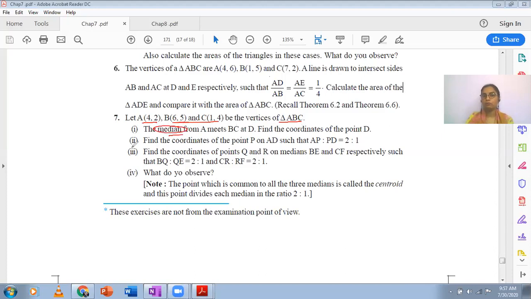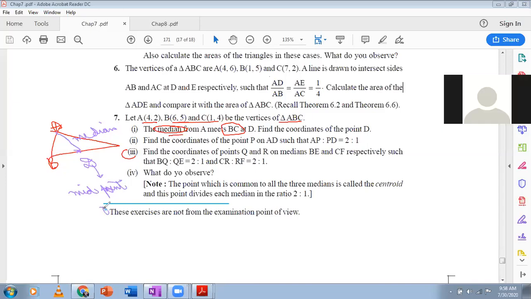Now, what is the property of median? If we draw a median from point A onto BC, what will be the relation? Let us say you have a triangle. Let's just roughly draw this. This is ABC. I want to draw a median from A to BC. I have to draw the median from here. This point D here, this is the median. What can you say about BD? BD is equal to DC. It's the midpoint of BC, so BD is equal to DC.